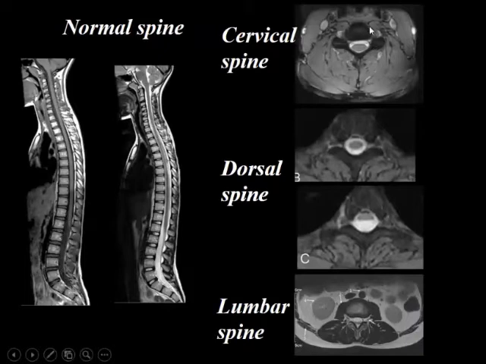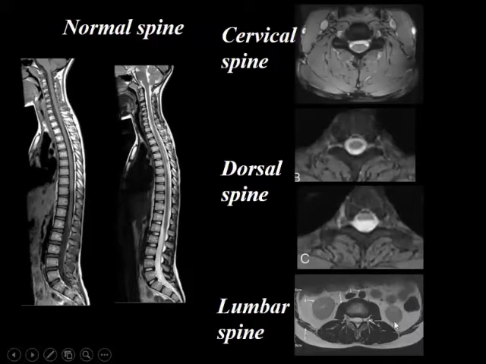These are the axial sections on the right. This is cervical region where you can see the nerve roots very well. You can see the spinal cord. In fact, you can see the anterior horns here of the anterior horn cells. You see the bright structures here on the right and the left. These are anterior horn cells. These are the roots. These are the foramina through which the roots go out. This is the dorsal. You can see the dorsal cord here, which looks slightly smaller than the cervical.